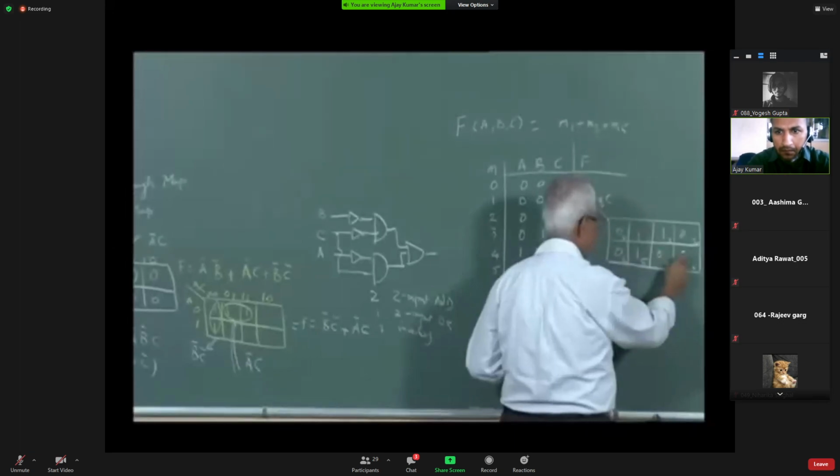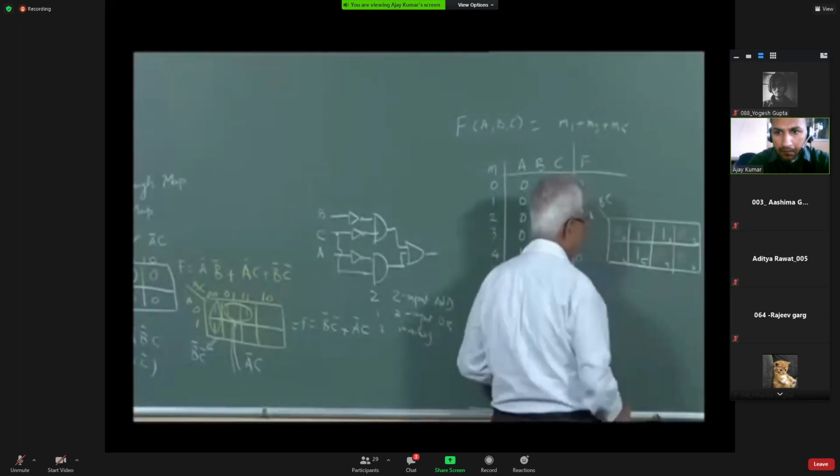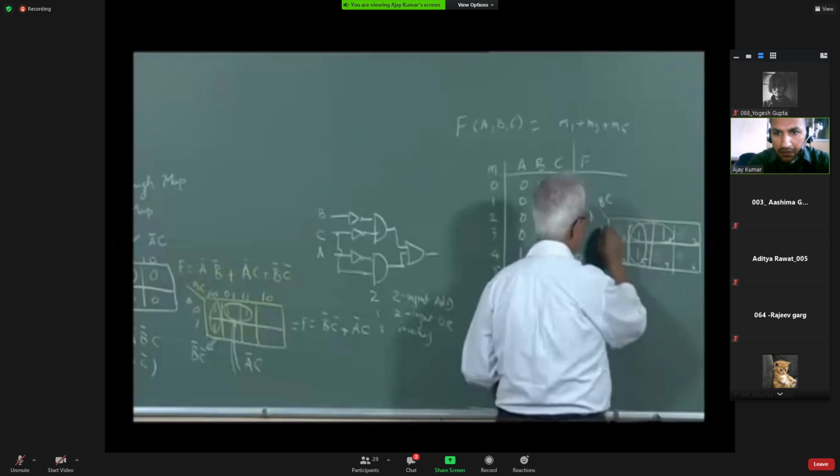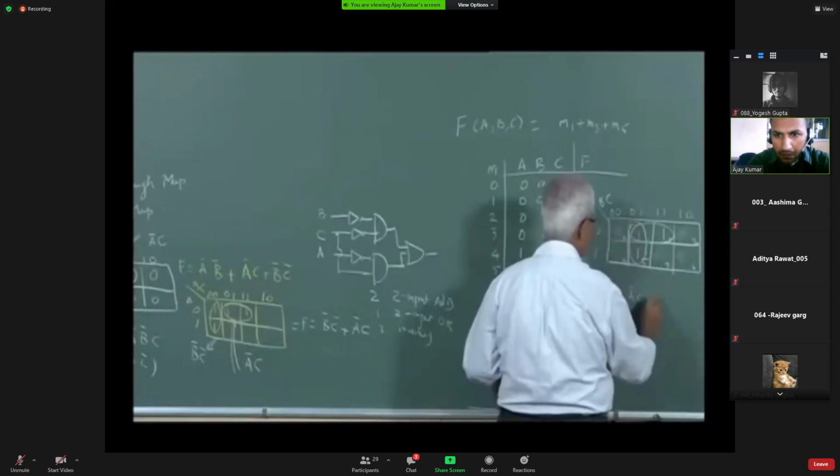This is enough. Now how do I simplify it? 2 pairs. This is A bar C. This is B bar C.